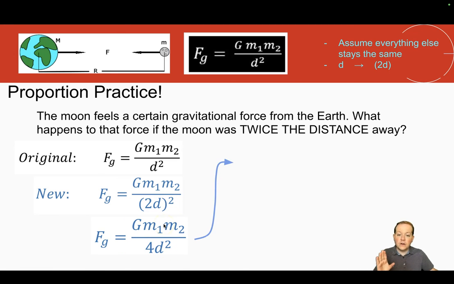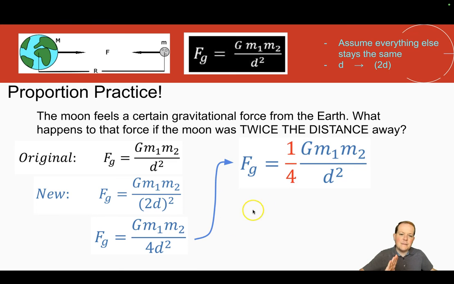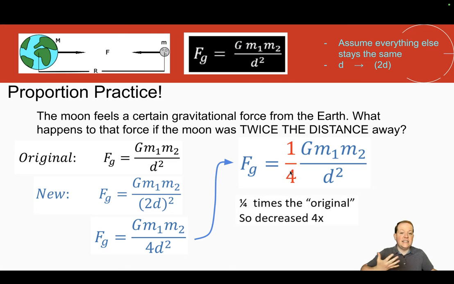I'm going to do one more step, and I'm going to move over to the right just to give myself a little more room. Again, this is maybe kind of optional. I just want to show you this where I'm dividing by 4. It's the same thing as if I factored out that 1/4. This dividing by 4, it's the same thing mathematically as multiplying by 1/4. It's the same thing. So, what's the answer?